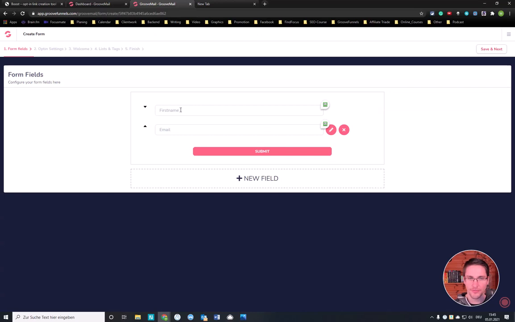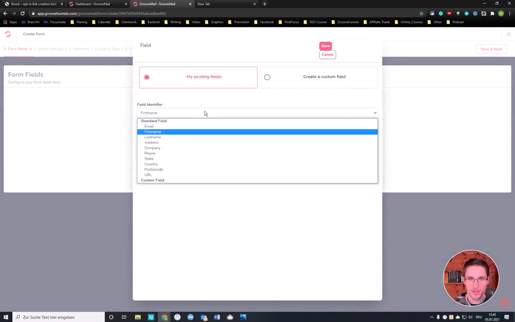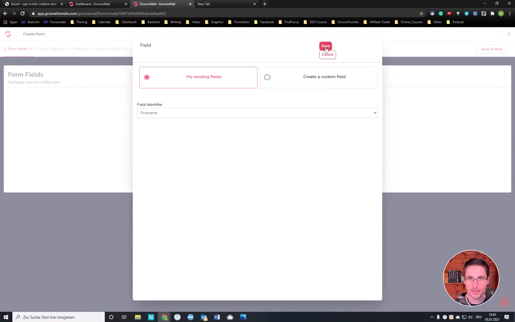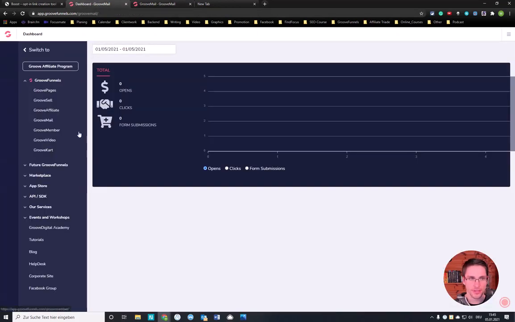Typically, I like to have the first name first and then the email. Unfortunately, there is not much you can do here, which really sucks, and that's why I will have a different app and no pop-ups and things like this later on in the course. So this is really how the page looks like. For example, if you remember the GroovePages page I've built,